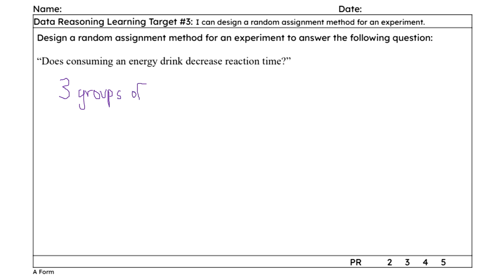We don't want to have just one person in each group, because then there's a lot of variability that gets introduced there. We want to make sure that we have a variety of different types of people that have been selected for this, and they're being assigned to these groups. So that we can measure lots of people's results at different ages and different genders and different lifestyles and what have you. So we're going to say 3 groups of random